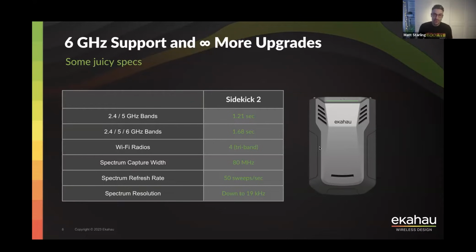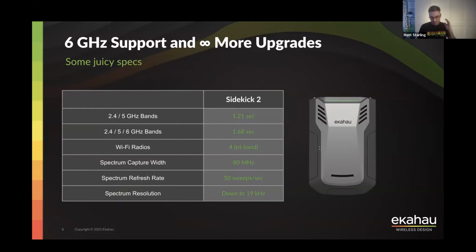And that's just not the case. With the Sidekick 2, it's so lightning fast, it's so accurate. You can just carry on going for your walks, capture your data, and you can walk at your normal pace. If you want to walk at max pace, it might take you a little bit longer. If you want to walk at a faster pace like me, then you could probably get around the site a